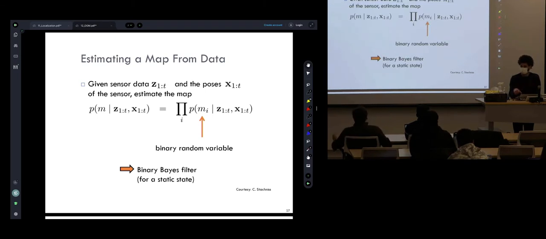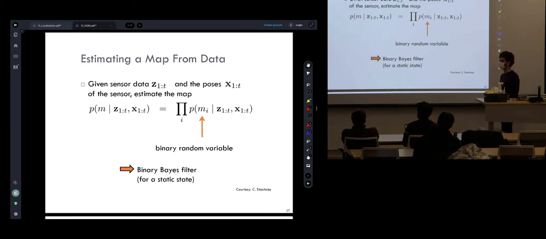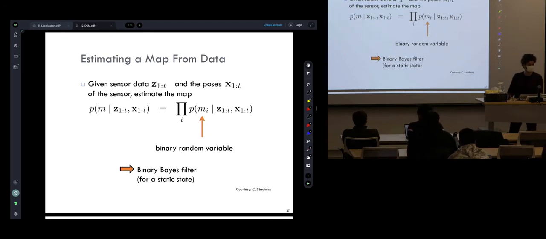Do you want to take a break? Not tired? I want to dive into derivations of a binary Bayes filter. I told you, you said no. All right, so